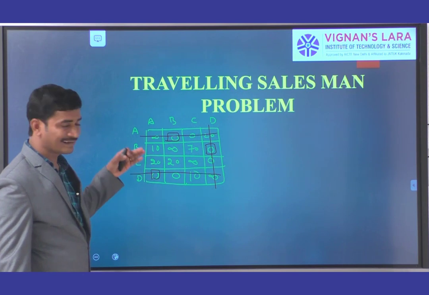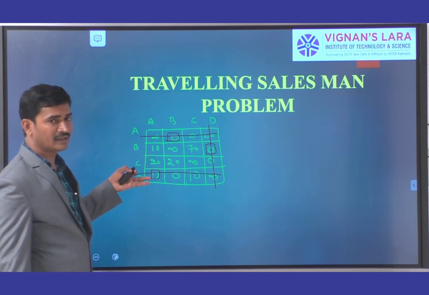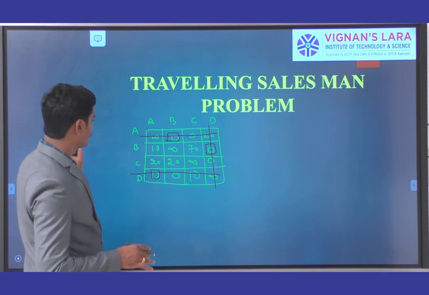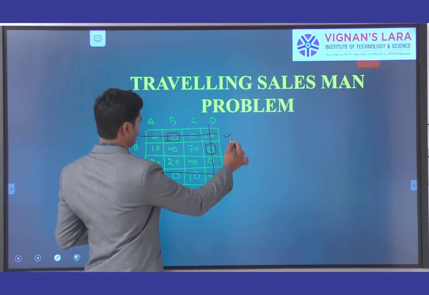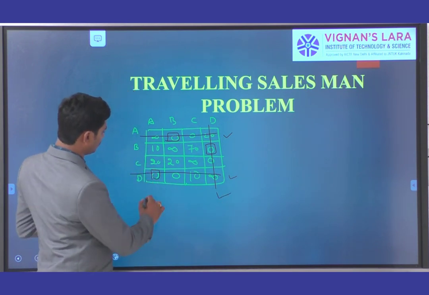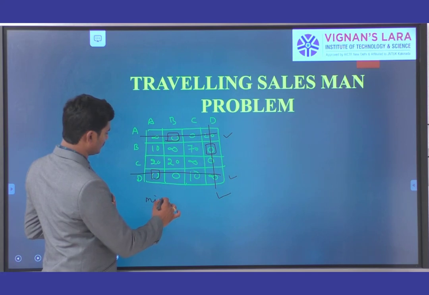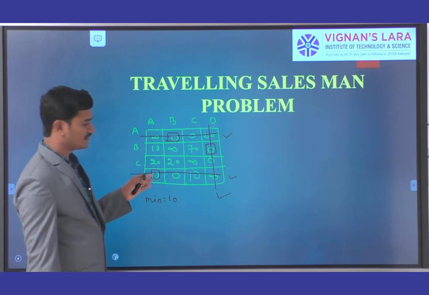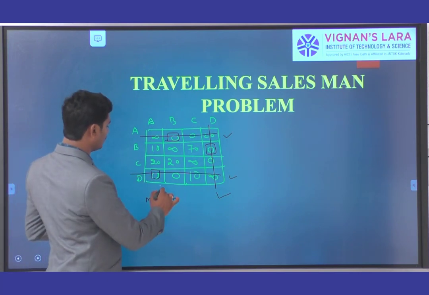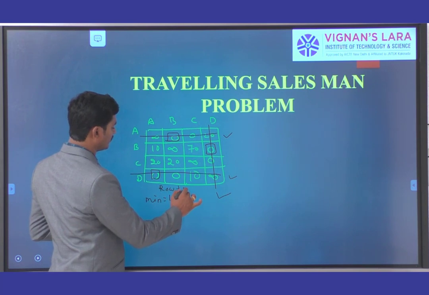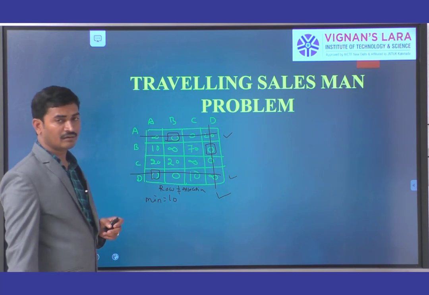Again we are going to rewrite this by taking the ticked rows and ticked columns. Here we have a tick, and here we have a tick. Okay, here what is the minimum? 10 is the minimum. Why are we taking this minimum value? Here the number of rows is not equal to allocations. Here we have 4 rows, but only 3 allocations.